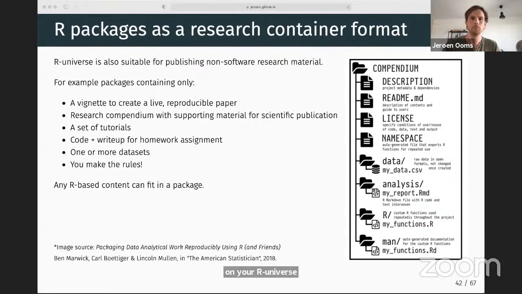This idea has been raised in the past by various people, but it never took off. I think because, well, sure, you could put your research into an R package, but then what? I mean, this can't go on CRAN because it's not software. So what are you accomplishing? But I hope that maybe now, if you have your personal CRAN-like repositories and your vignettes are beautifully rendered, this idea can take off and people can